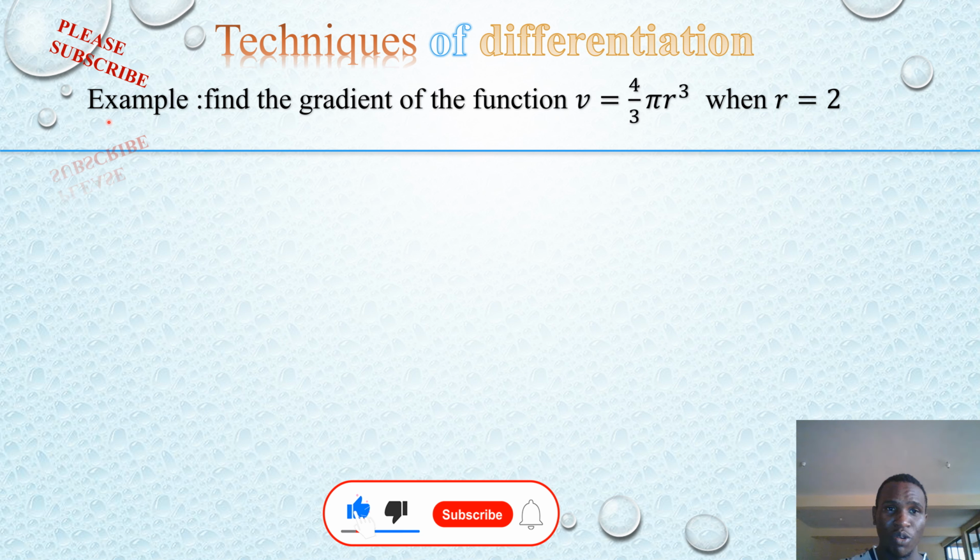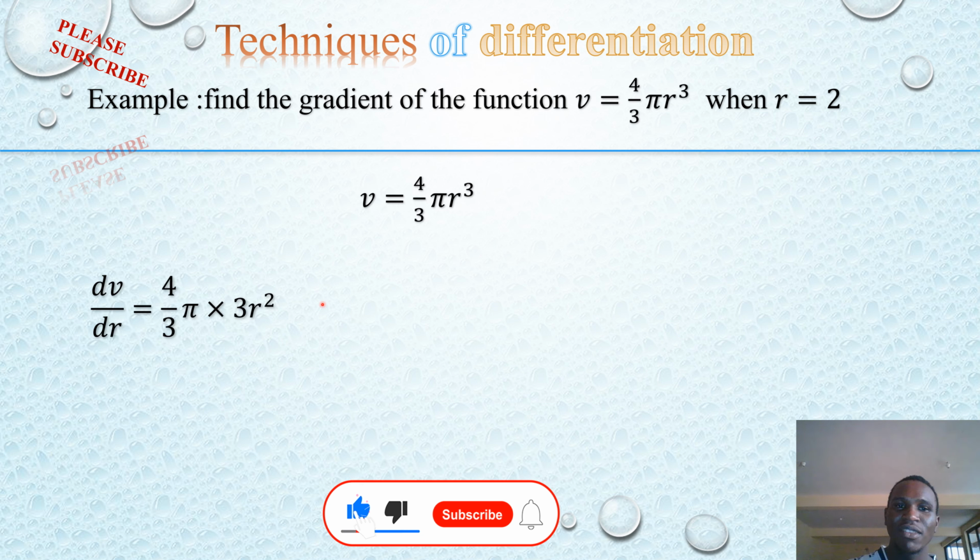The dependent variable always comes at the numerator, while the independent variable comes at the denominator. So you see how we're applying it. We are not writing the y on the x all the time. No, it depends on the function that is given to you. Our function is V equals 4 on 3 pi r cubed. So it means that the derivative of V with respect to the independent variable r, as you can see, will